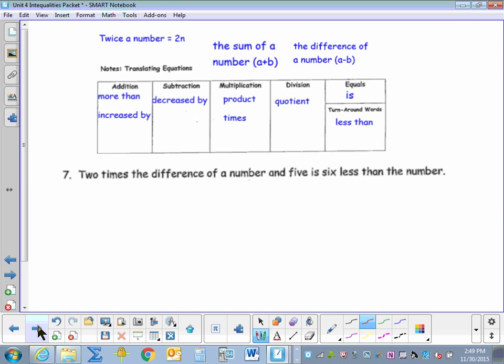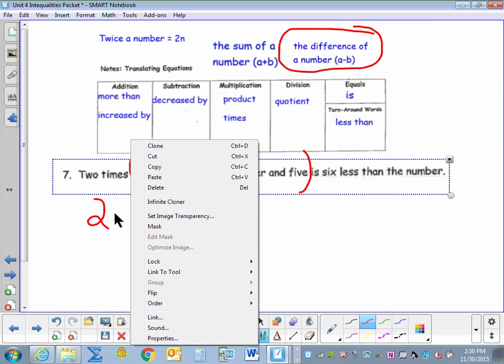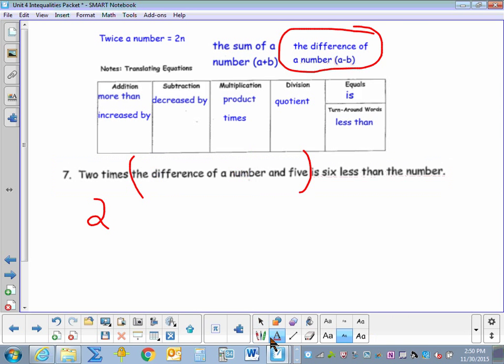Number 7, 2 times the difference of a number and 5 is 6 less than the number. So here we have the difference of a number here. So we're going to have parentheses with 2 numbers being subtracted. 2 times, and we'll go ahead and go the difference of a number and 5. So 2 times the quantity, the difference of a number and 5, n minus 5,